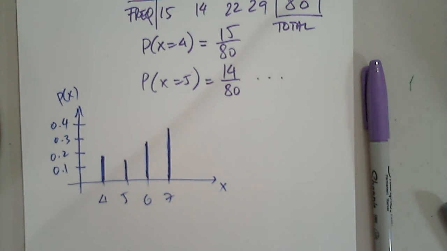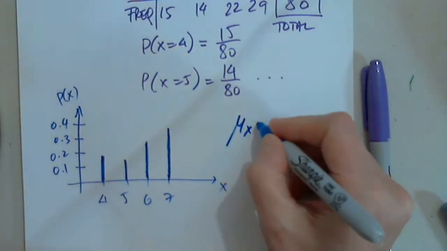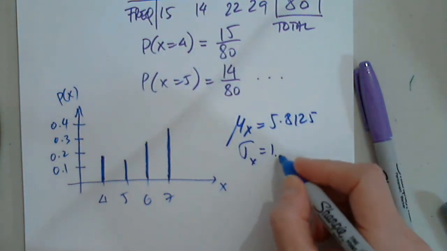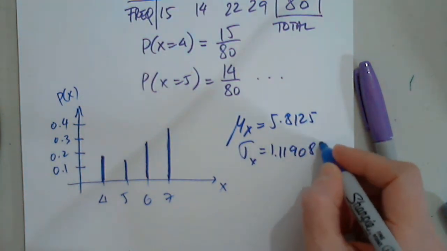I had a really hard time trying to use StatCrunch. Oh yeah, this is very simple, it's just a double click, really. So you go to the top, Stats, Calculators, and you use the bottom one, Custom. And this is your x, and this is your frequency, also called weights, and just Compute. So the mean, mu x, is 5.825, and the standard deviation for x is 1.1190817.